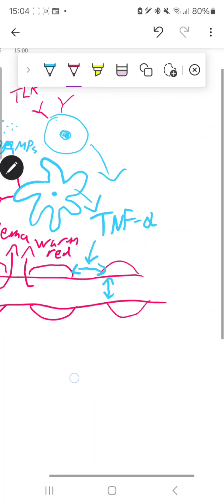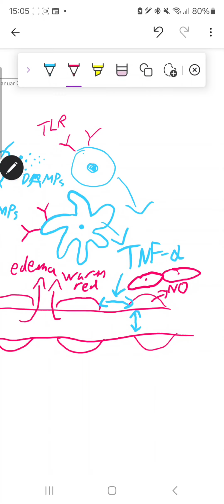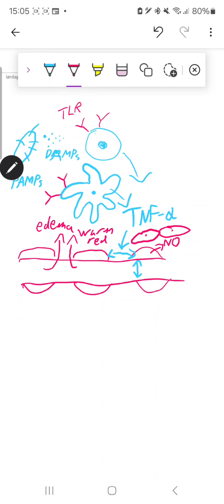And this occurs due to the release of nitric oxide from endothelial cells as a result of stimulation. And this nitric oxide will stimulate the smooth muscles in our blood vessel walls, which causes them to relax. Therefore, we will get increased blood flow